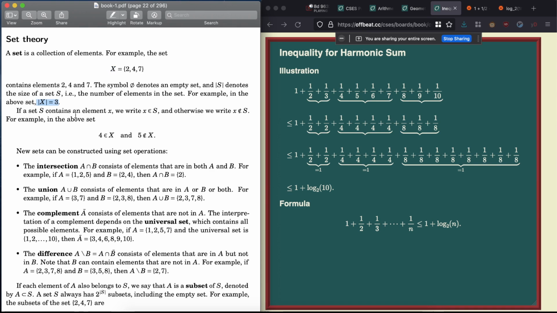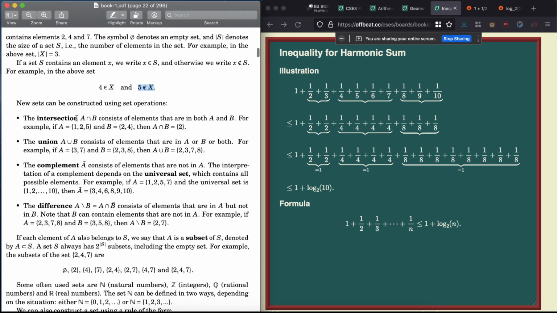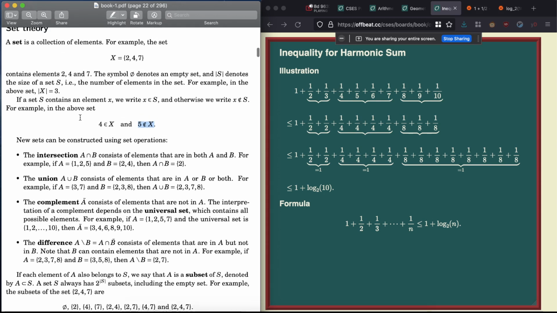If a set S contains an element X, we write this notation: X belongs to S. If it does not, then we write this notation: X does not belong to S. For example, in the above set, 4 belongs to X and 5 does not belong to X. This notation. And these things I'll just quickly skip over, because I'm pretty sure everybody would be